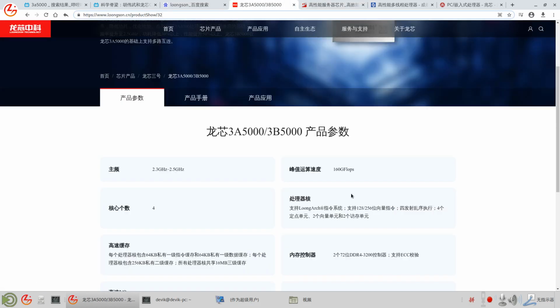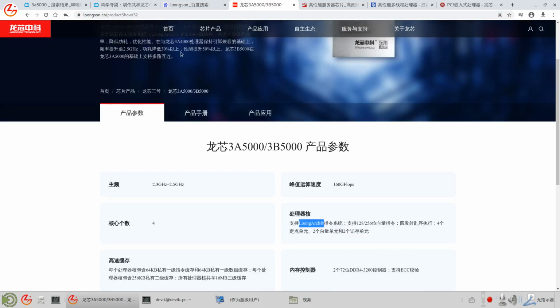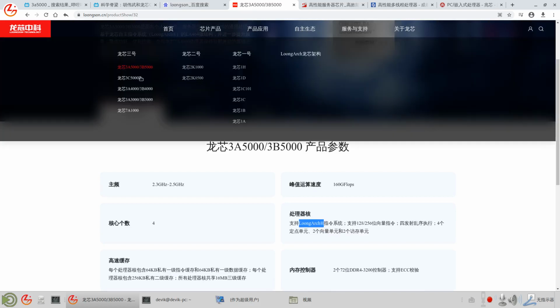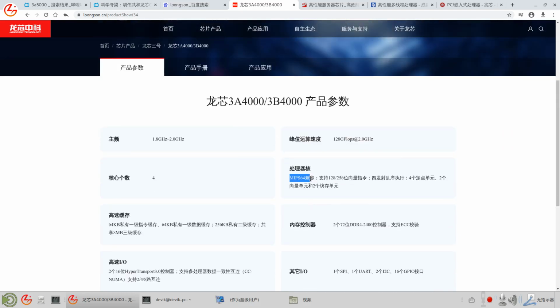But Loongson's instruction set LoongArch is self-made. Starting with the 3A5000, they have the self-made one. But for the 3A4000 before, they used MIPS because they bought the MIPS right, so they could use MIPS on the CPU.